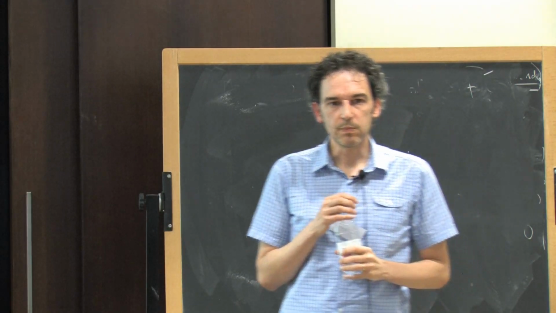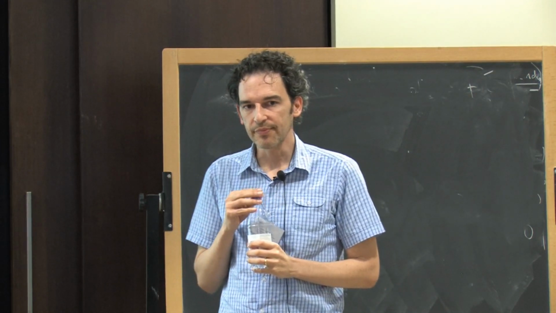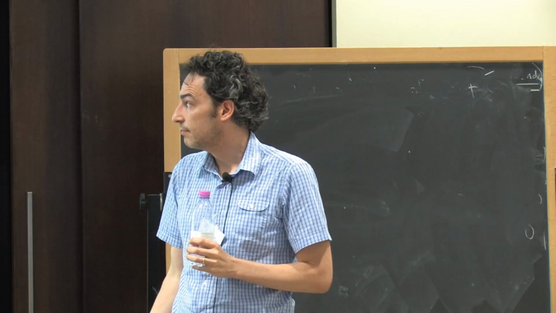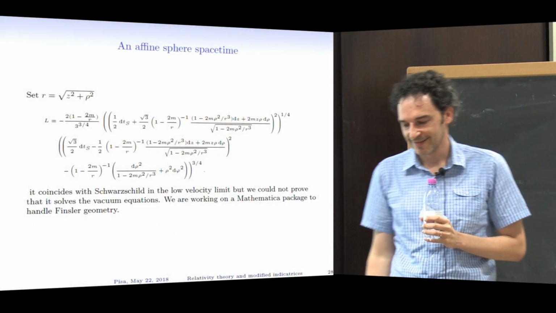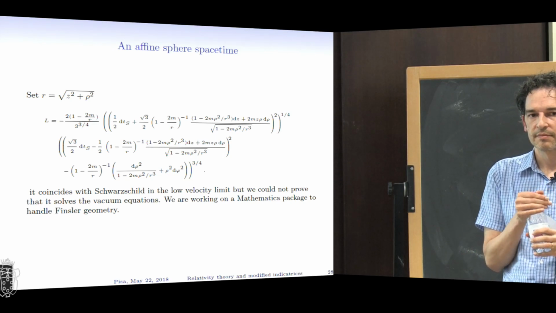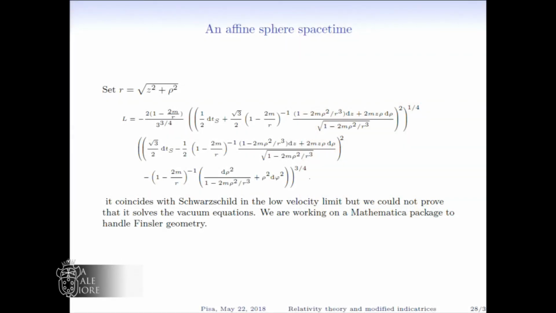I have a question about your example. That looked quite involved, the example you showed there. Is there an easier example? This is not a spherically symmetric example, but for the general form, like you have these Bogoslovsky type Finsler functions and so on. Is there some easy example to see what kind of classes fall in the affine sphere spacetimes?